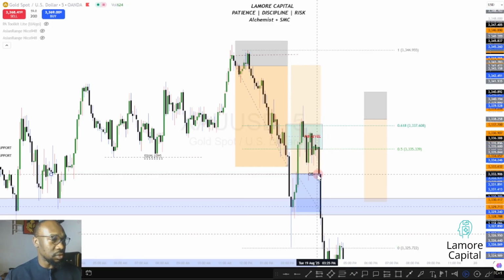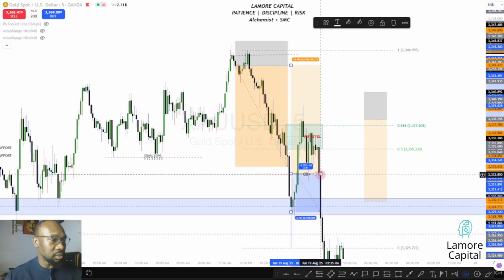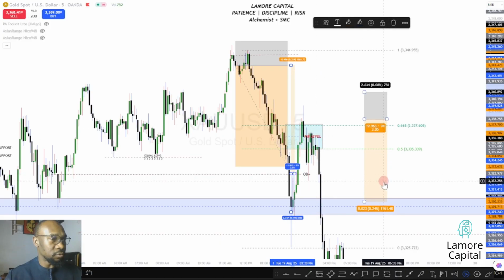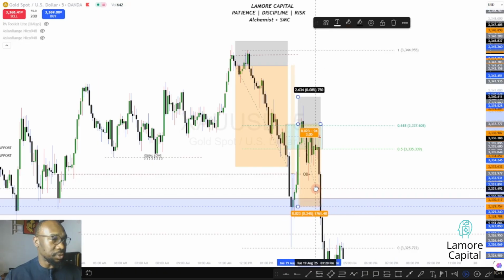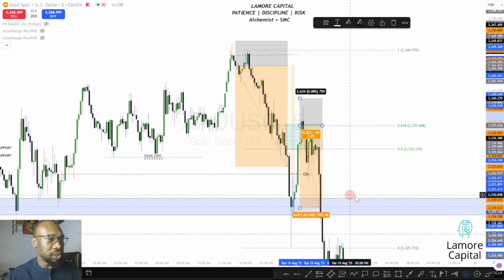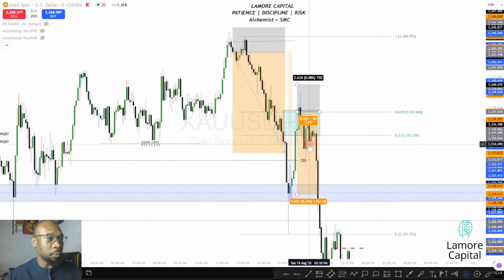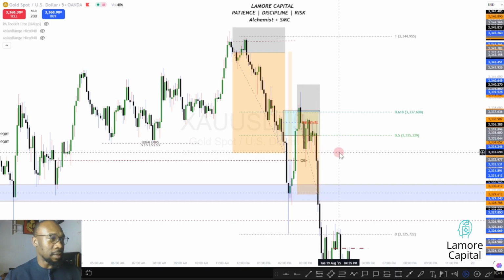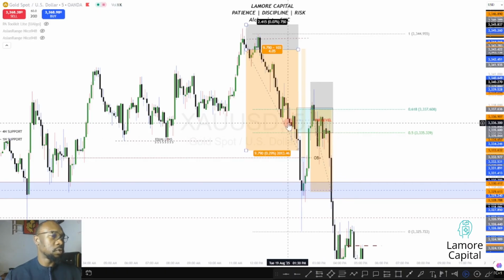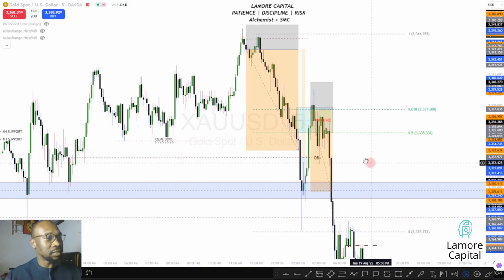So let me close this. Resulted to an SL already, so we all know. So that was the fib level. What I did next was to keep it at the top of the fib level, and voila, the market came, tapped us in, gave us a little bit of drawdown and immediate TP, and we caught a 3:1 RR. So for this particular Tuesday, we caught 3 trades, 2 TPs, 1 SL.